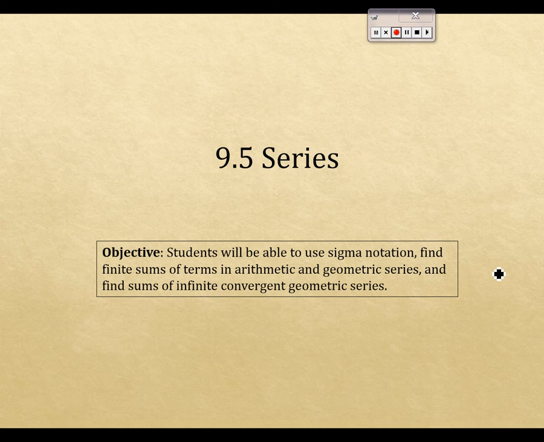Was the last picture in the homework supposed to be series? Yes. All right, ladies and gentlemen, let's begin